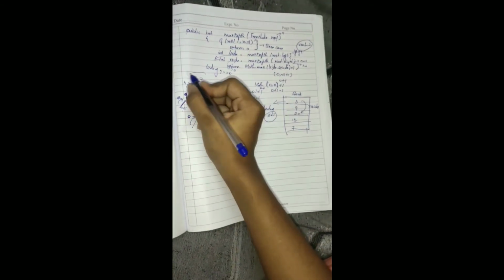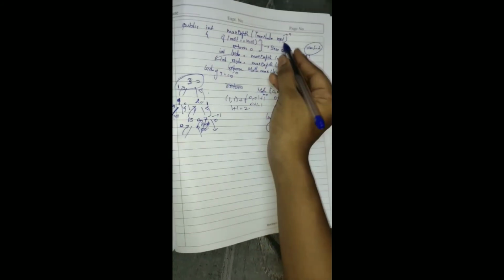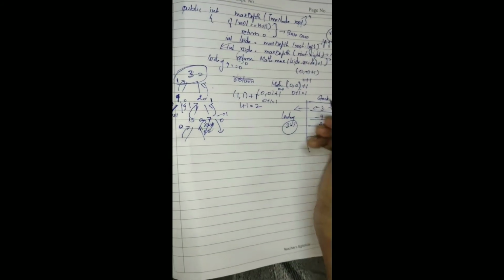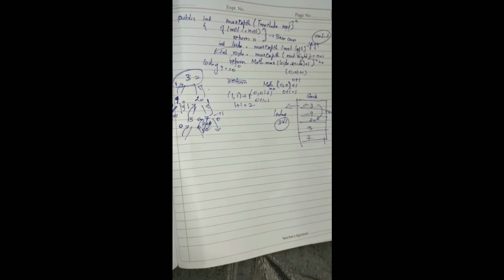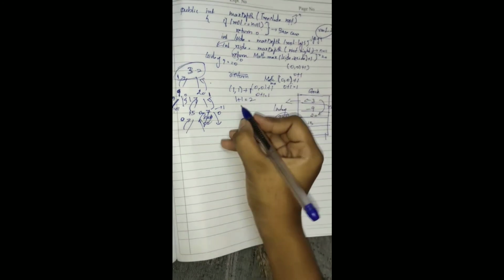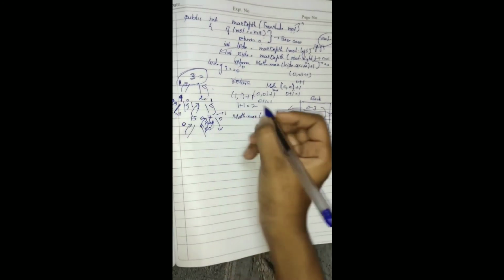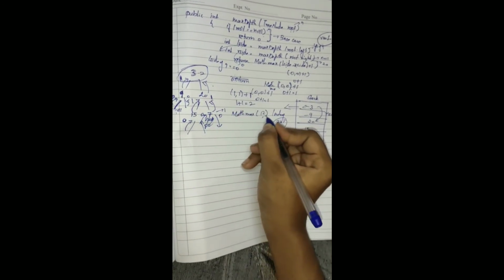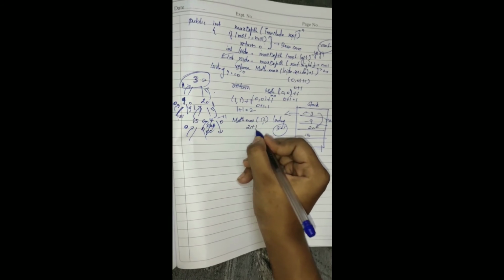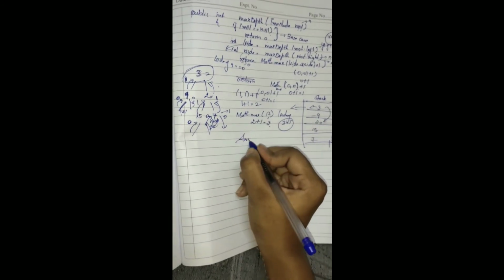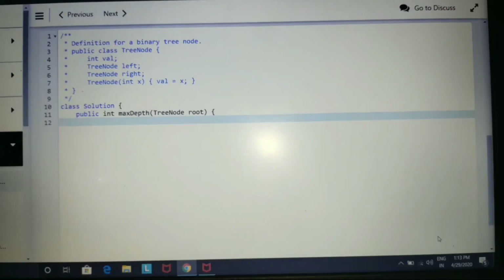And after that, finally we have the left side and the right side value for the root node, which is 3. So we are going to find the maximum value through this, because the height of the root node is the height of the binary tree, which is the maximum of left side comma right side. Now the left is 1 and the right is 2. So the maximum of both is 2, plus you are going to include the root node, which is 3. So the answer will be 3. So height of this binary tree will be 3. Okay, now we'll see the implementation.